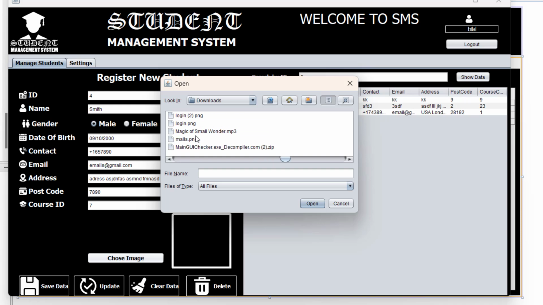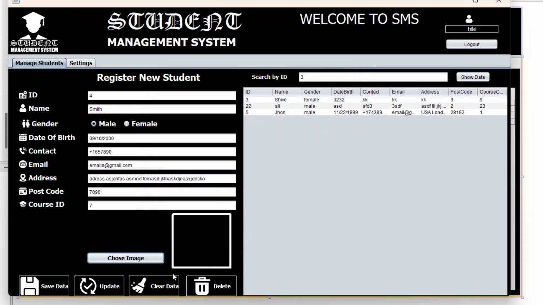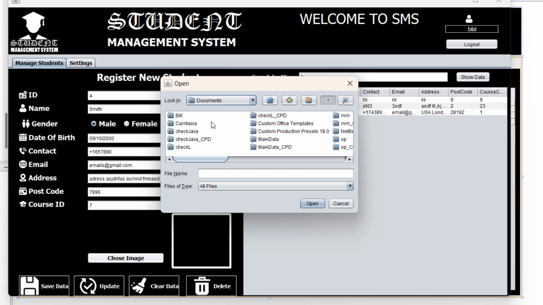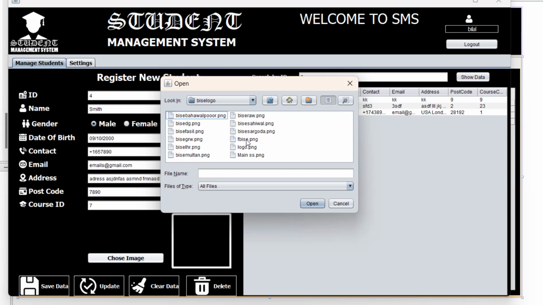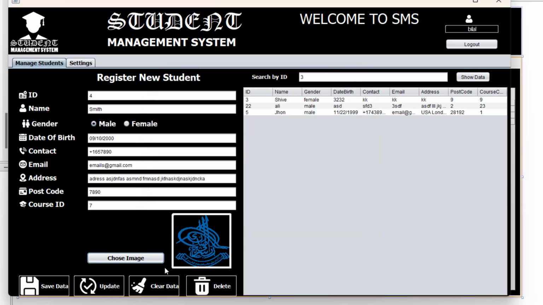You can see a lot of images here. Okay, so I select this user.png. I think it's black color, so that's why it's not visible here. Okay, let me select another image to show you a demo from desktop. BIC logos, and here I use this logo. Okay,